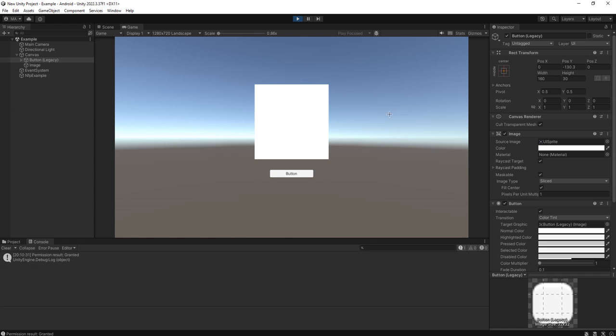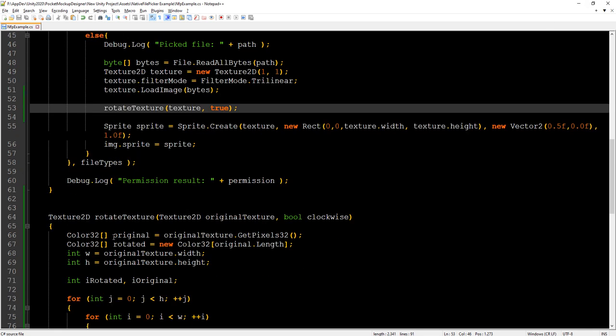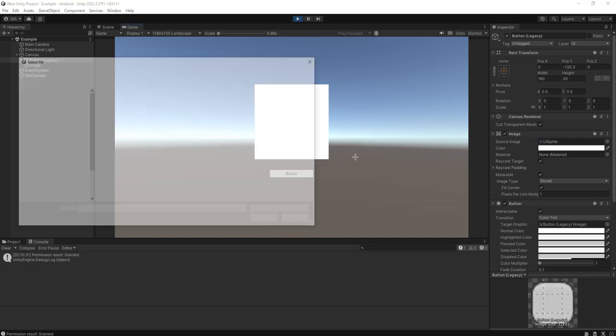So if I build my Android APK file and run it on my Android device, I expect it will be rotated. Yeah, you know what I mean. There will be no rotation issue on the Android device anymore because I already called this function. So let me just browse an image file